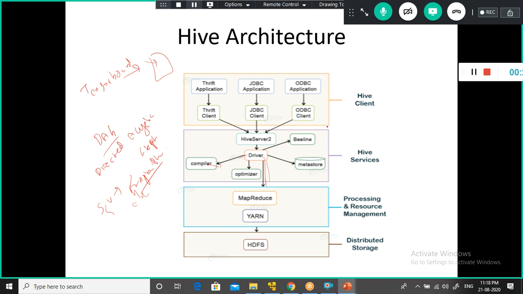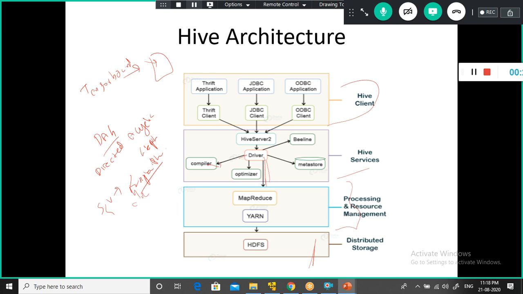In the Hive architecture, this is your Hive client, and this is the Hive services. This is your resource management. This is where the data gets stored, in the case of Hadoop. The execution engine sends 3 stages of DAG to the appropriate component, one for each task, either mapper or reducer.